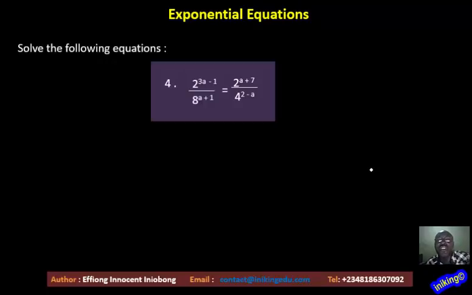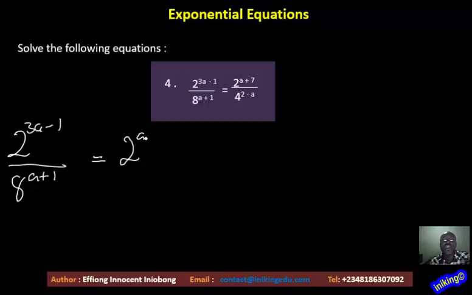Looking at this, we know the best thing to apply is 2. We're going to change our 8 there. We are told here that 2 raised to the power 3a minus 1 divided by 8 raised to the power a plus 1 is equal to 2 raised to the power a plus 7 divided by what? 4 raised to the power 2 minus a. What do we do here? First and foremost, let us undo the 8 and the 4. And doing that, we can